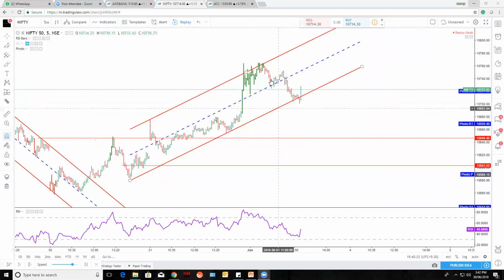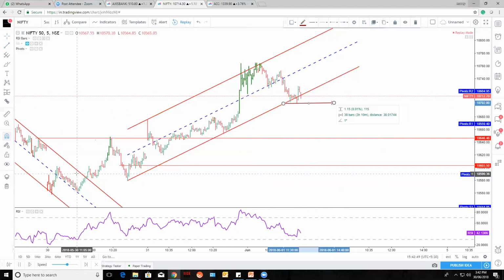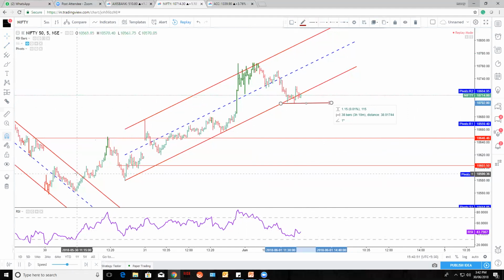Have you seen, guys, how this brilliantly worked as a resistance and this channel low acted as a support? It's a 5 minutes chart, believe me, guys. It's not like a monthly chart or hourly chart or something. It's a 5 minutes chart. We will wait for this low to break to look for a sell setup. We will see how it worked. So whether it's acted as a support or not, we need to see.